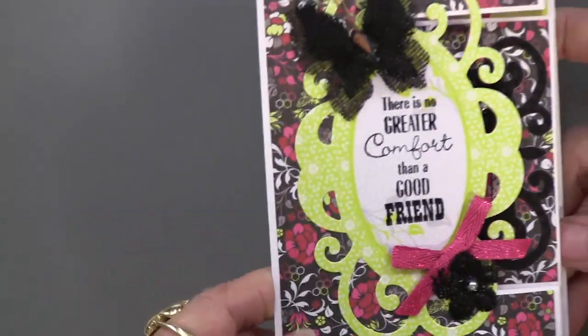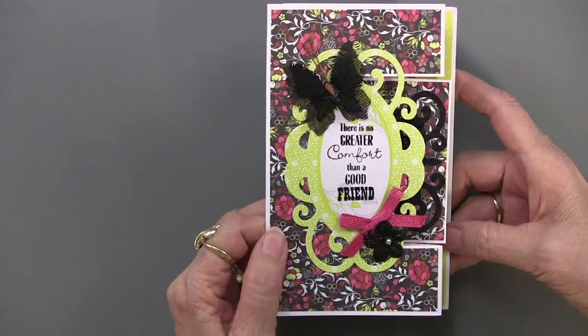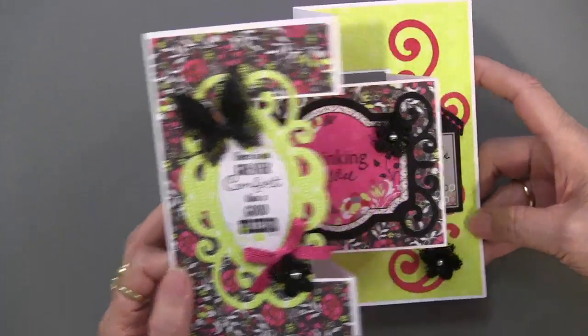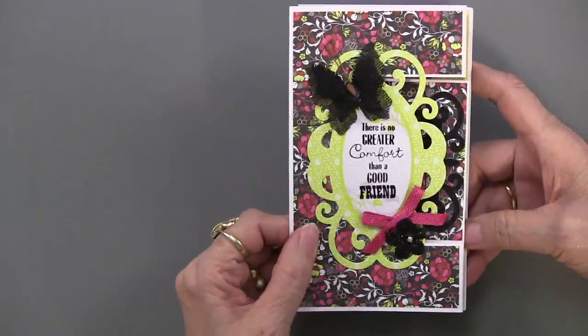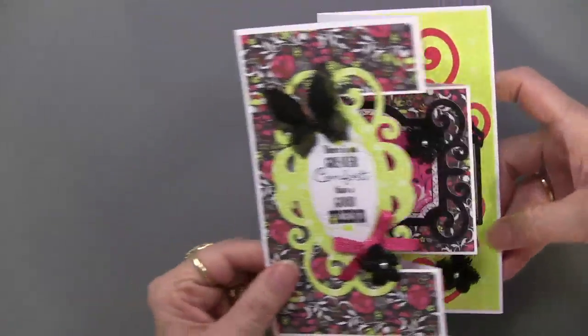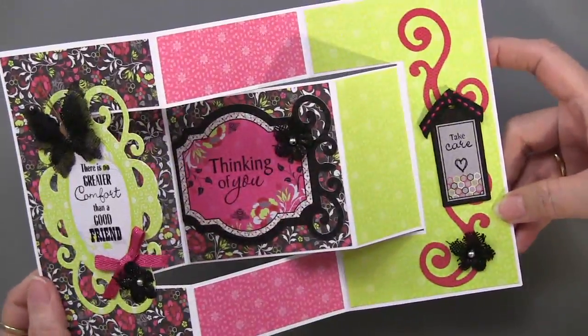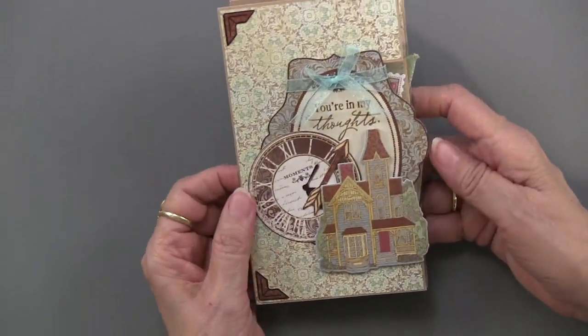And what I like is you're looking at this in fun and pretty, sweet words. And then when you open up, it's that pop of yellow that's just right at you. Very fun. I love how layered it is. There's just one layer after another of all these little changes and more things for your eyes to look at. Very fun. Now the last one is this, and it has a very vintage